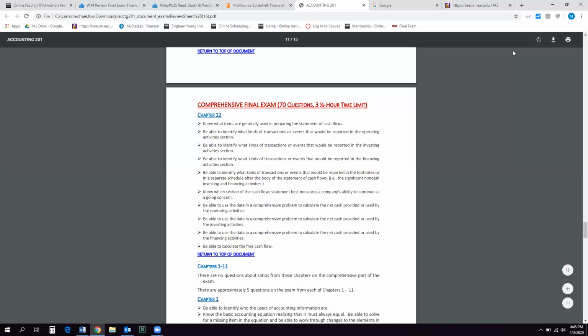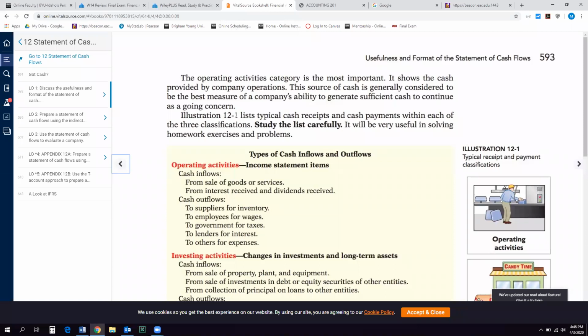And then we would use the rest of the income statement and the balance sheet, and sometimes any notes we might need, for the rest of the statement of cash flows. The second bullet point is to be able to identify what kinds of transaction events would be reported in the operating section, then the third bullet point is the investing section, and the fourth is the financing section. So I'm just going to pull up the textbook right here. It has a really good review on page 593,